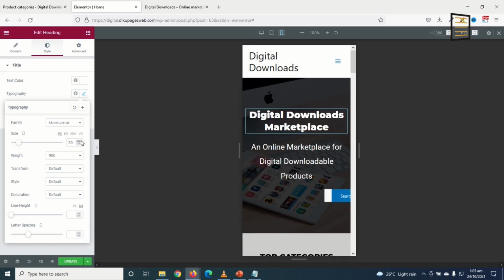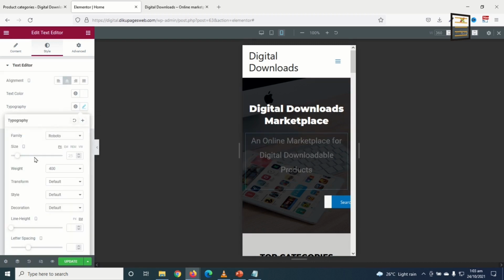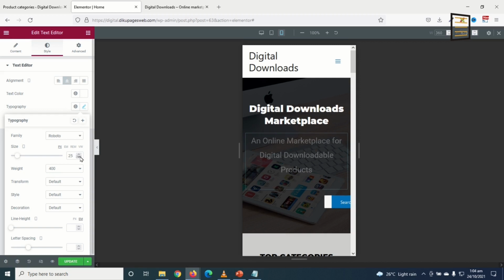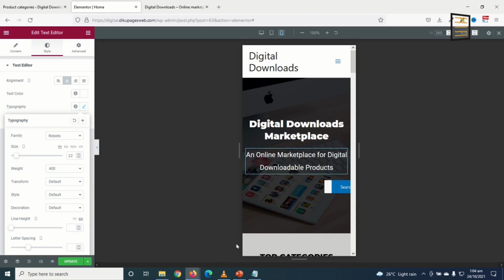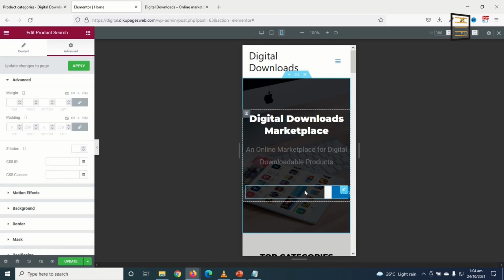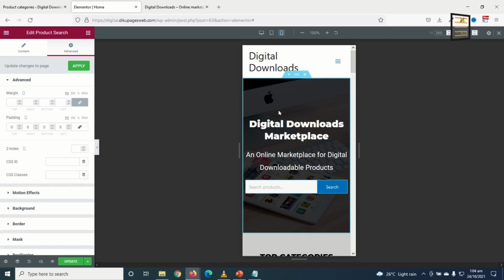maybe 30. Then this text in here, maybe I'll need it to be in 2 lines. Go to typography and I reduce the size. Let me see, 25, no. Okay, 23 is cool, or maybe 22. Perfect. My search field is not showing clearly. This is as a result of the padding we added earlier. So I just click on it, then I unlink the values, and that's it. Perfect. If you want, you can also decrease the spacing in here, that is the padding up and down for this particular section, or maybe I leave it as it is.